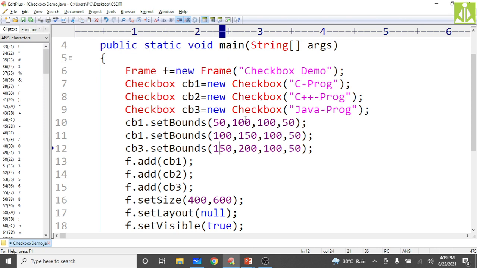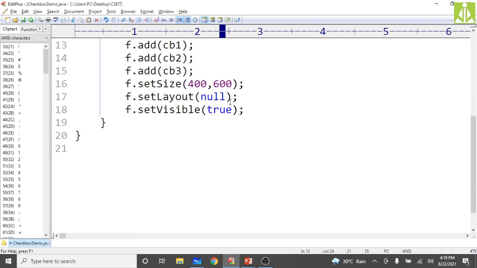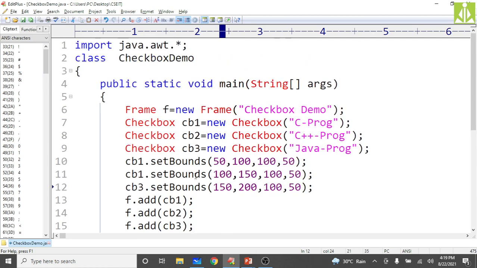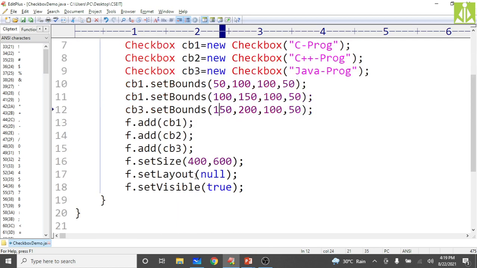Checkbox off, checkbox off. Maybe it is this positioning issue only, something we are not doing properly. Because of that reason only my second checkbox is missing.